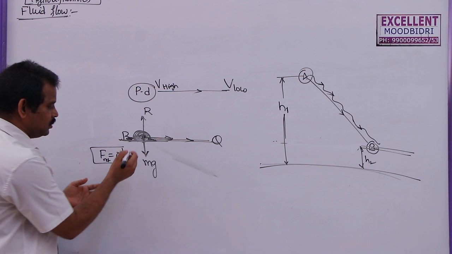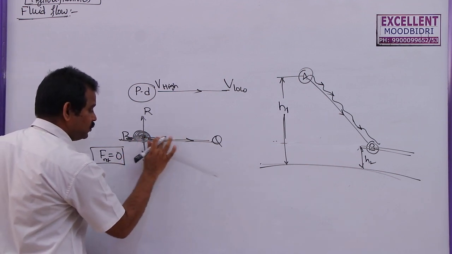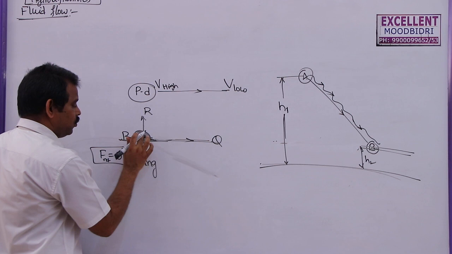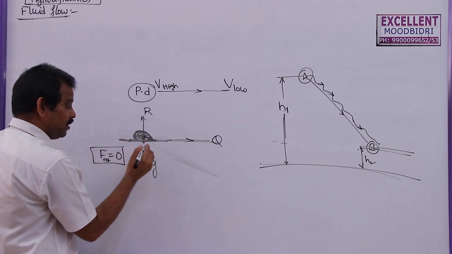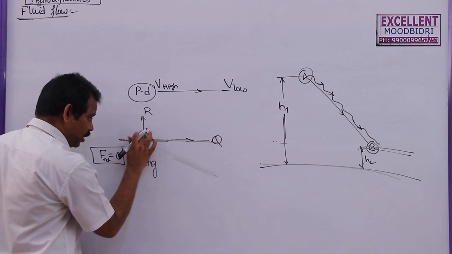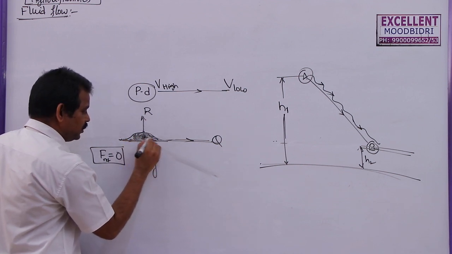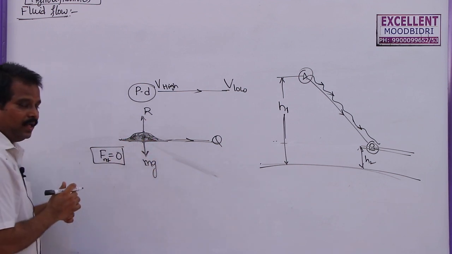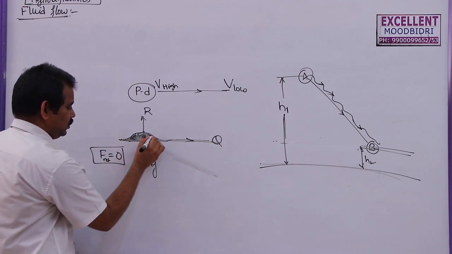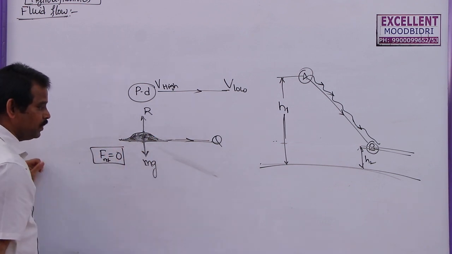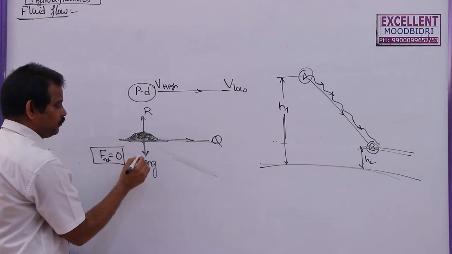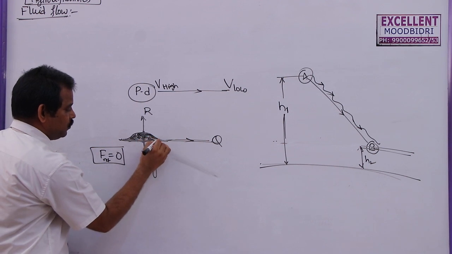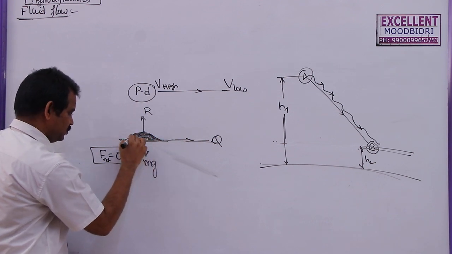What are the forces acting on this water drop? Here, no other force other than the weight and normal reaction. So the water drop will stay there only. But the height of the water drop will decrease and it may spread like this. Spreading is possible because of the absence of driving forces in the horizontal direction. Force only acts perpendicular to the surface but not parallel to it. So that's why it will gain this type of structure.